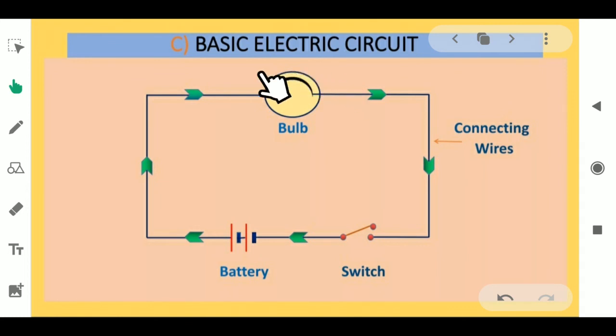So it is the most basic electric circuit. Actually, a number of complicated circuits are there. That kind of circuit you can see in the television, computer system, mobile phone, everywhere. So here it is a very basic electric circuit. Clear? You should study the same and also try to understand the things. Then also you should study how to draw the diagrams without any mistakes.